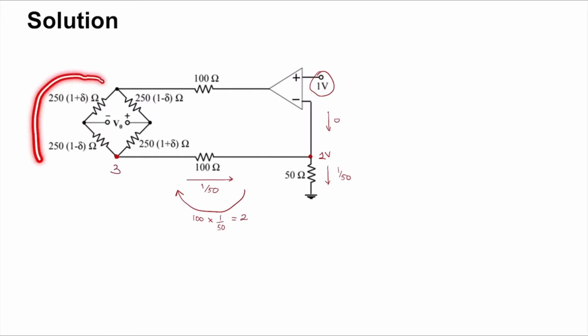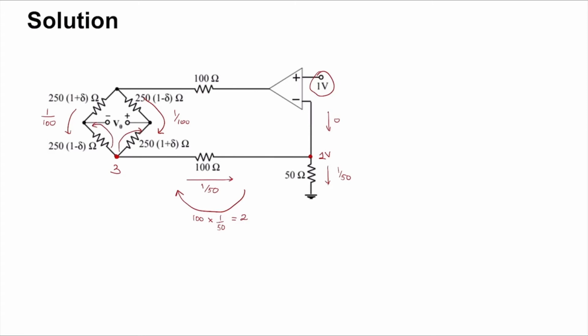Now the resistance in both arms of the Wheatstone's bridge is the same, right? The total sum resistance in each is 500 ohms: 250 into 1 plus delta, 250 into 1 minus delta. That is, the current must equally divide. So now you get half of 1 over 50, which is 1 over 100 amps, and here you get 1 over 100 amps, right? So what that means is that there is a drop on this and a drop on this,